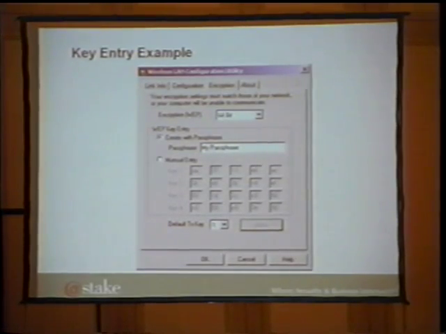So to give you a concrete example of what this might look like, on the bottom of the screen you can see 40 boxes where hex values can be entered, and you can see why people generally wouldn't want to do that. That's a lot of work. And you can see above it there's a box for a passphrase to be entered, and I've entered in my passphrase. And the hex values on the bottom, if you can read them at all, were the values that were generated from the phrase my passphrase.